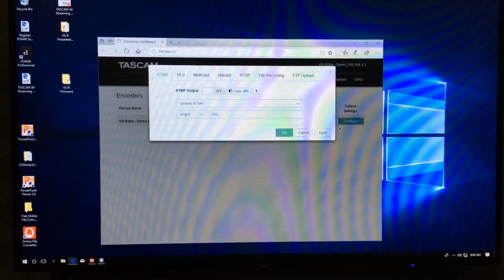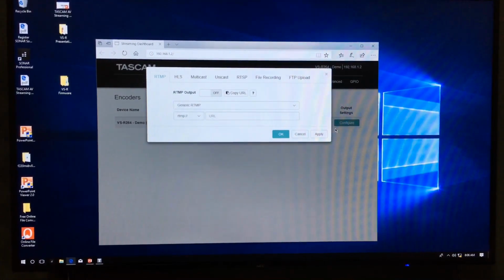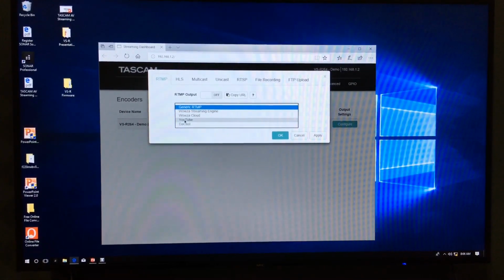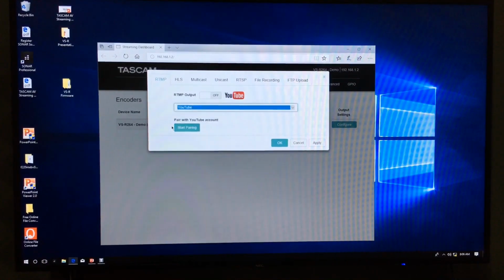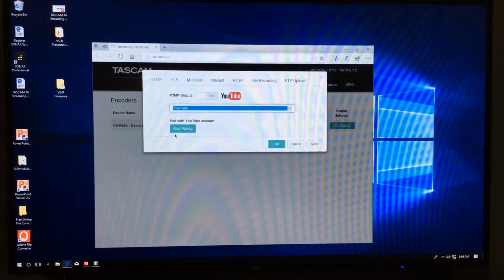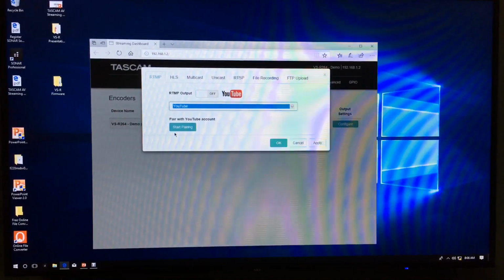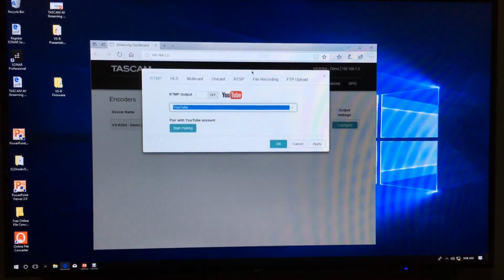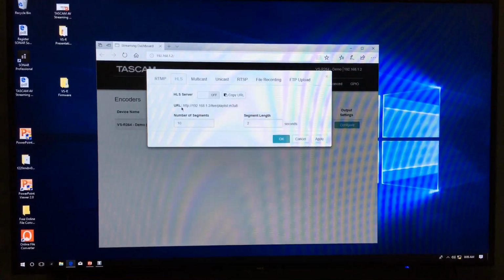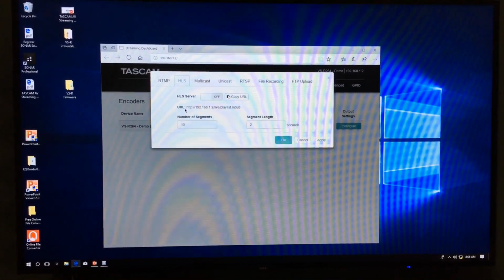Then you can set where the streams are going. These units can generate multiple stream types simultaneously. You've got up to 3 RTMP outputs. Once you've paired it with your account, the credentials are stored inside the unit. So it really is an appliance. You don't need a computer to stream, record, encode, or decode. But while it's doing those 3 outputs, it can also generate an HLS stream for Apple devices, which you could pick up from a wireless router, so your iPad or iPhone.